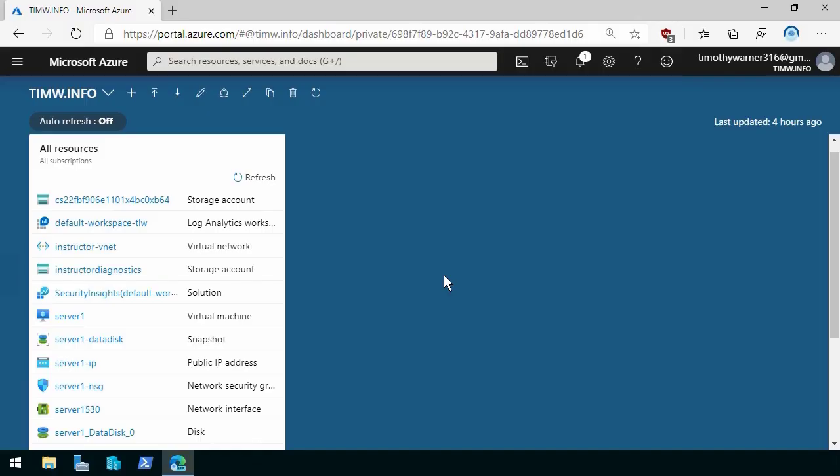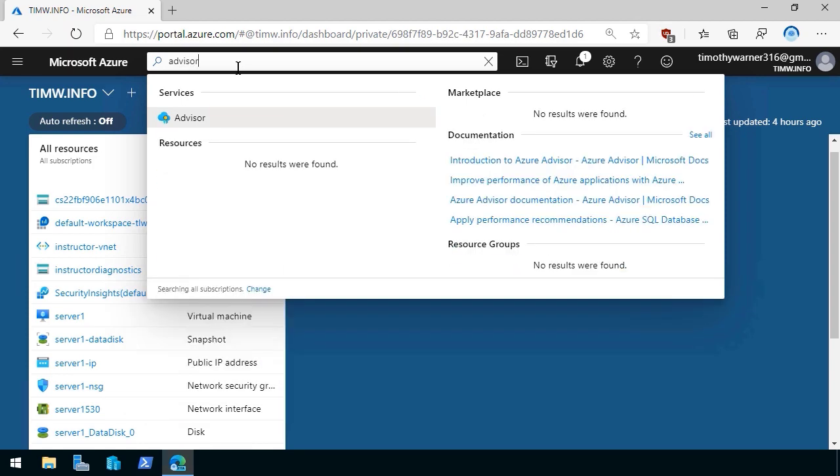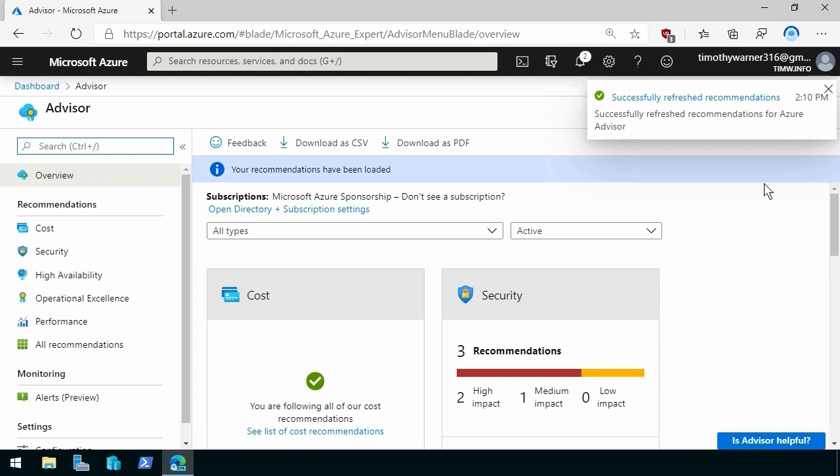Here we are in the Azure Portal, and I'm going to come up into Global Search and search for Advisor. Let's take a look at Azure Advisor. I don't know what kind of recommendations it's going to give me because it's been a little while since I've been in here. Once again, to repeat, this is a free service in which Advisor is constantly scanning your usage